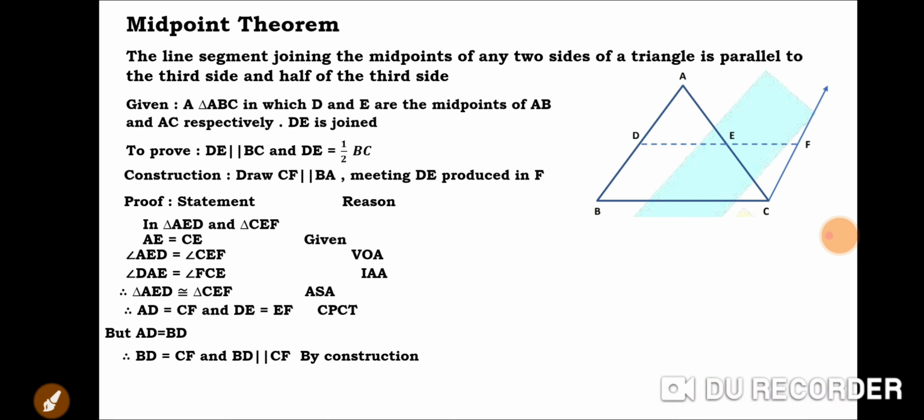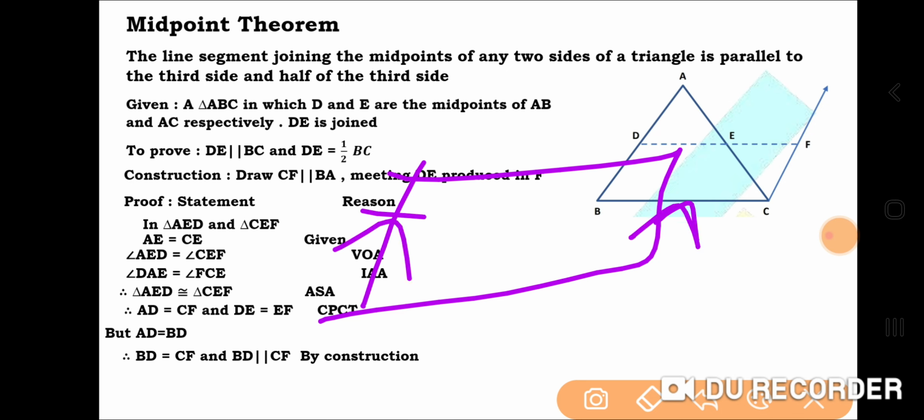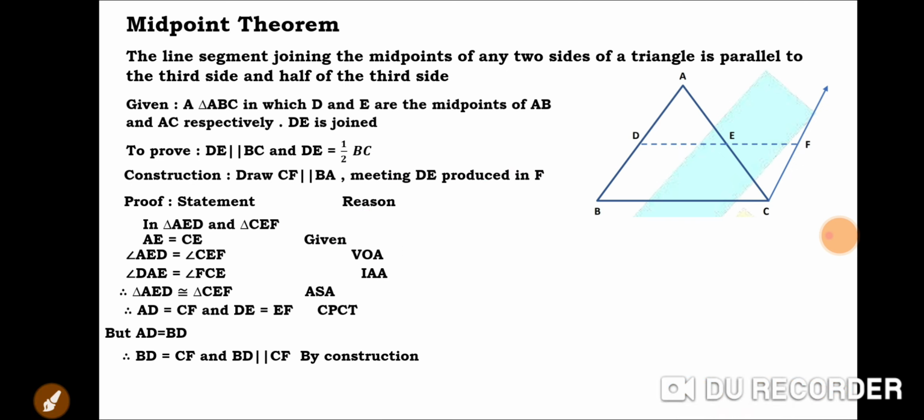So according to a theorem that we have learned, if one pair of opposite sides of a quadrilateral are equal and parallel, then this quadrilateral becomes a parallelogram. Therefore, what we can write is that